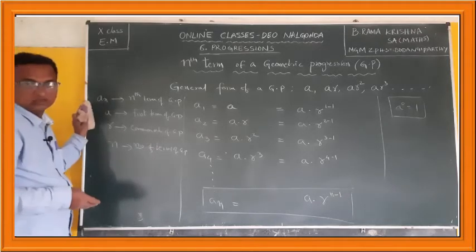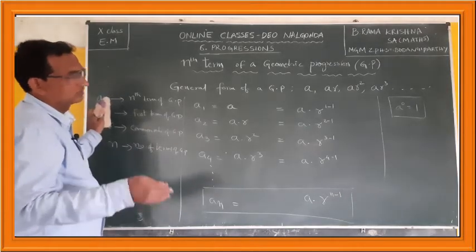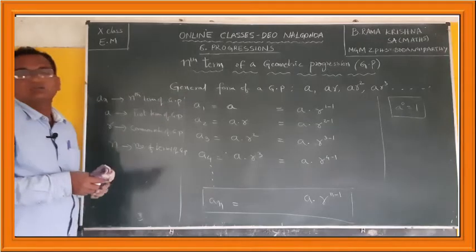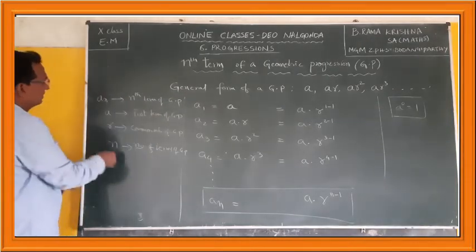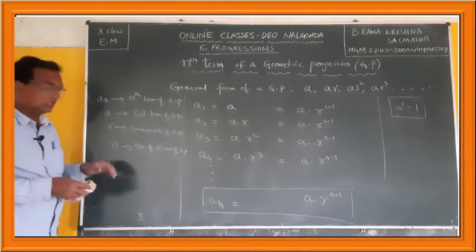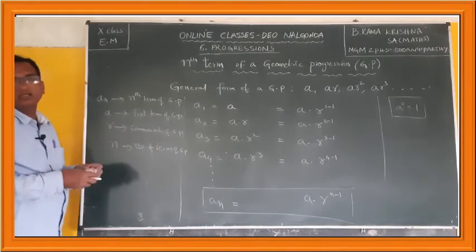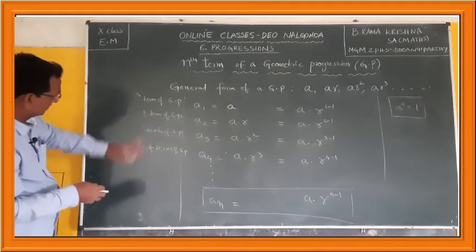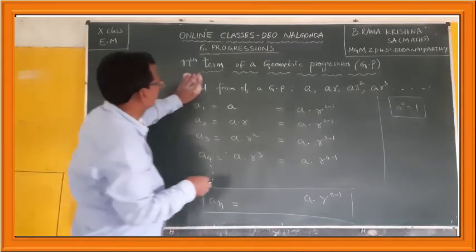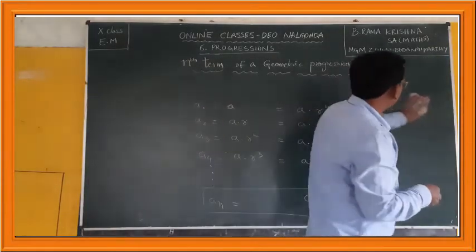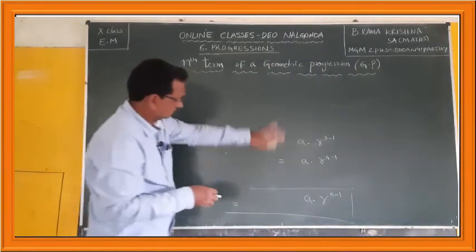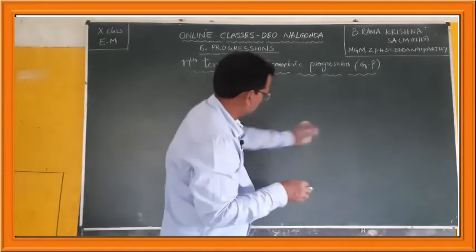Okay. After this, we will go to the next exercise, which is based on this particular nth term formula only. The questions revolve around these 4 variables only. He will give you some of these and ask you to find the terms which are not given. If you remember the second exercise on the nth term of arithmetic progression, similar problems will be given in this exercise.